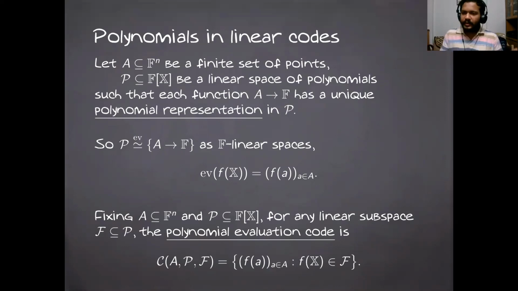So once we do that, we know what a polynomial evaluation code looks like. Fix a set of points for evaluation, fix its corresponding class of polynomials. The polynomial evaluation code is just the set of all those evaluations at all those points. So every code word here corresponds to the evaluation of one polynomial from that space at the given set of points. And these are the subspaces. So if you take the subspace F, which is chosen, it gives you a smaller sort of code inside the ambient space. The ambient space here is the set of all functions defined on the set of points.